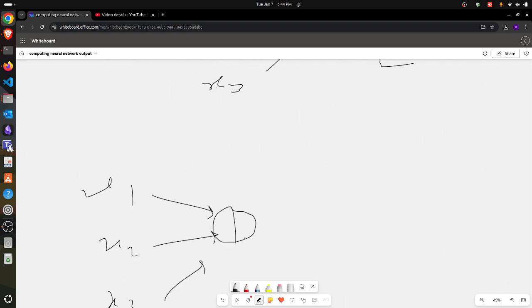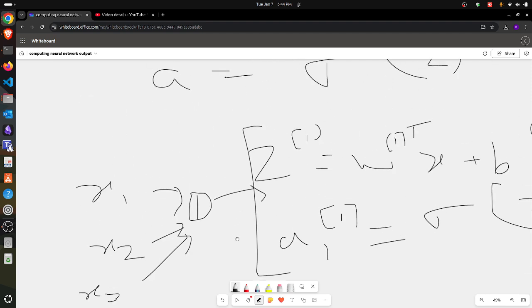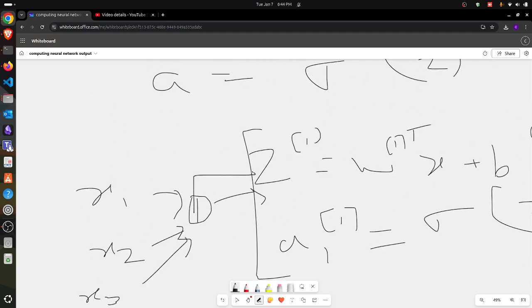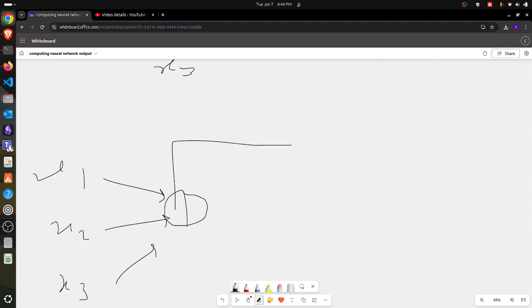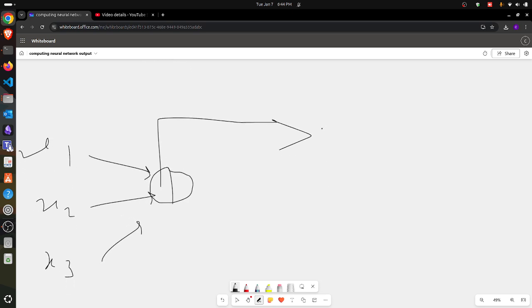And now we are going to calculate our equation. So basically this is the first part of the equation and this is the second part of the equation. So I'm hoping you guys are following with me. So the first part of the equation of the second node will look like